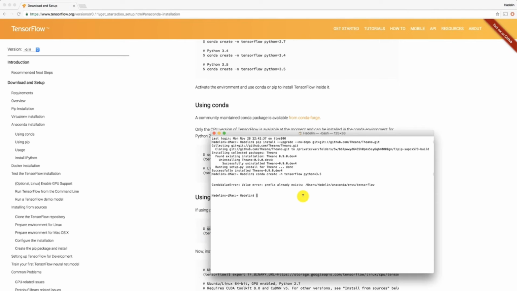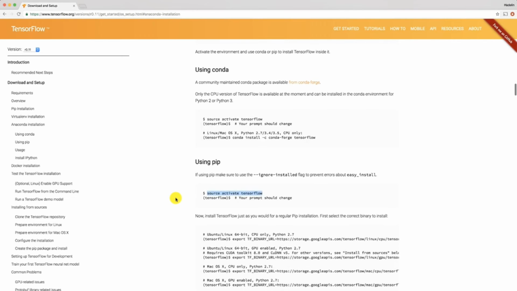So the second step before installing TensorFlow is to activate the TensorFlow environment. To do this, we just need to copy this line, and again in the terminal, paste it here and press enter. All right, and now you can see that my prompt just changed. Before I had the general prompt, and now I have the TensorFlow prompt. So that means that we are in the TensorFlow environment, that it is activated, and now we can